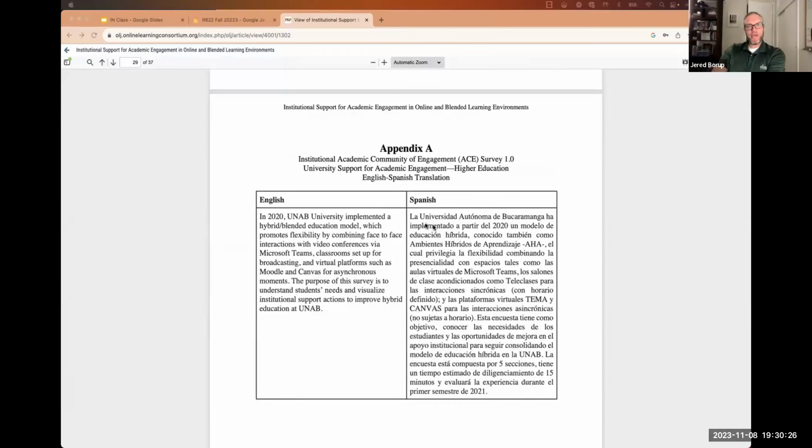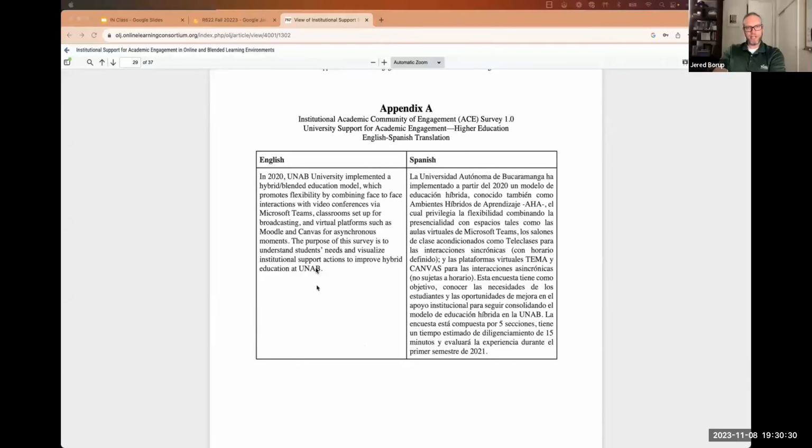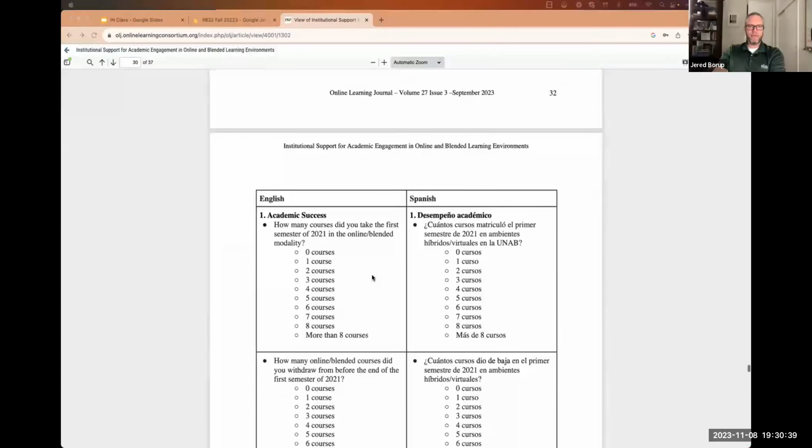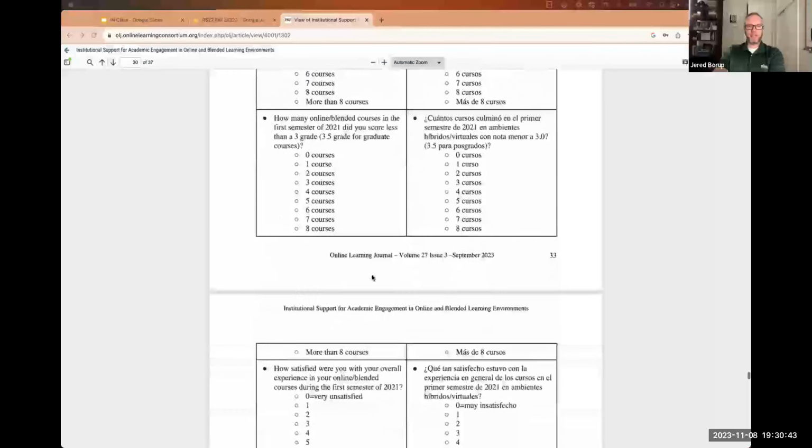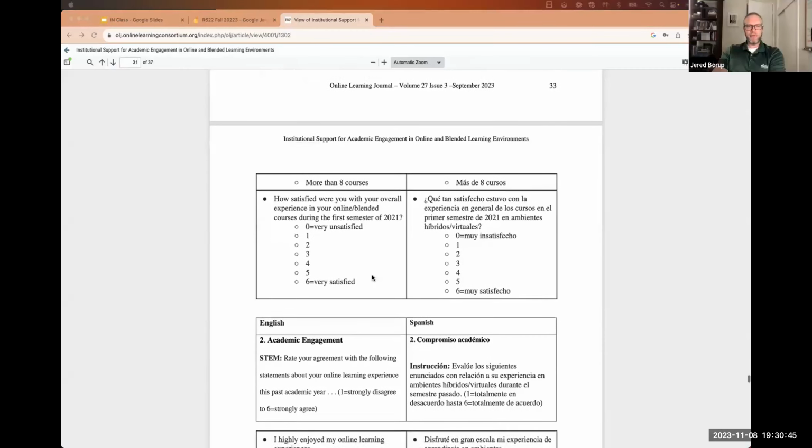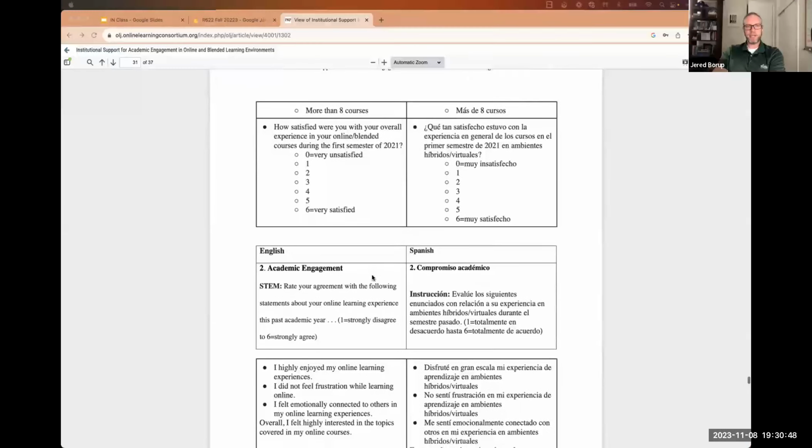In Appendix A, we have the instrument. You can see that there's a bit of an introduction, and again, we were administering this in Spanish, so you have the English and then the Spanish. There was some background information we were trying to get initially, and then we tried to measure academic engagement.